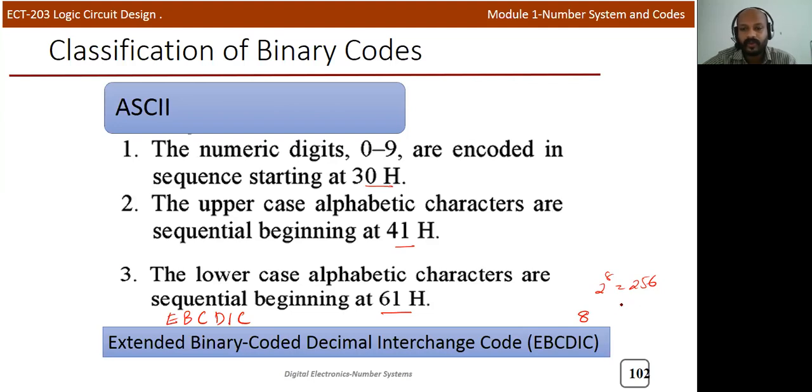If you use 7 bits, 2 raised to 7, you can represent only 128 different characters. But now there are more characters on some keyboards, so we require more bits. That's why we use the EBCDIC code, or other codes. With 8 bits, you get 256 different combinations.